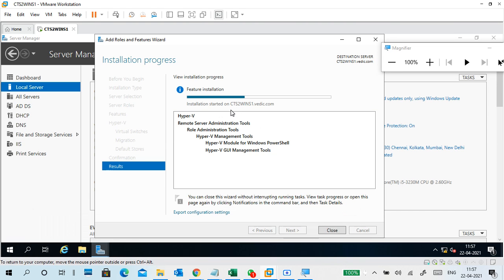So my point is, once it is completed, again it will restart, minimum 2 times. There is a reason behind the two restarts. The reason is there for installing kind of stuff. So it will take 10 minutes minimum time.